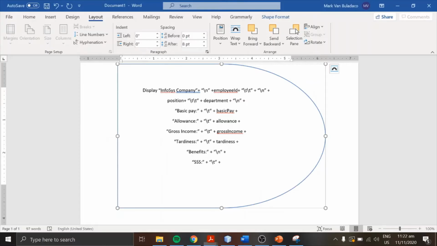And then for the SSS, you can add a /t before the word SSS to create a tab space. This is for PHIC or PhilHealth. PHIC plus, and then for the Pag-ibig,